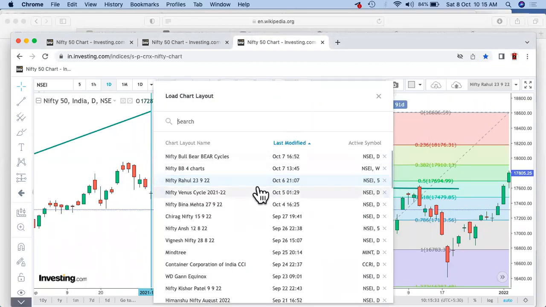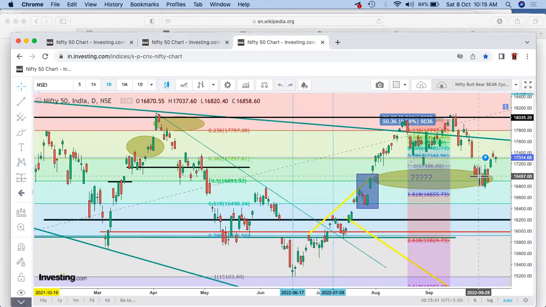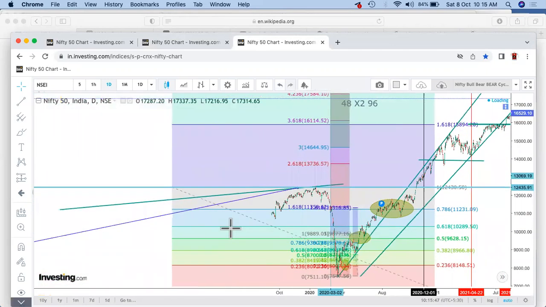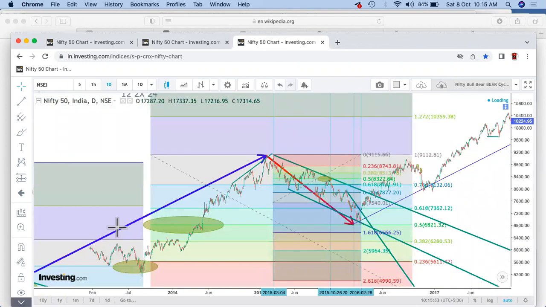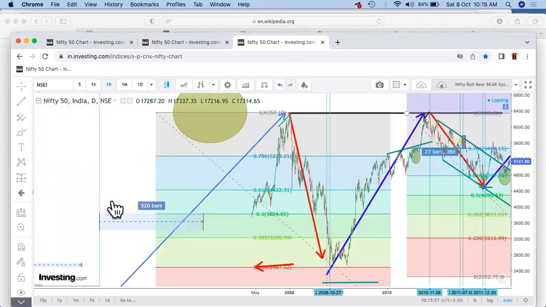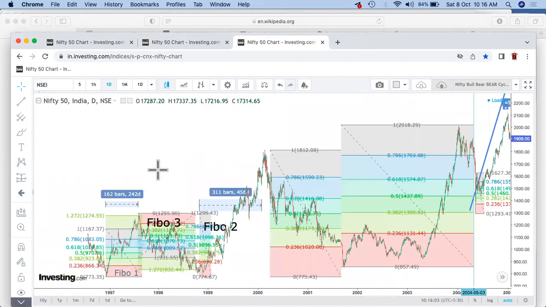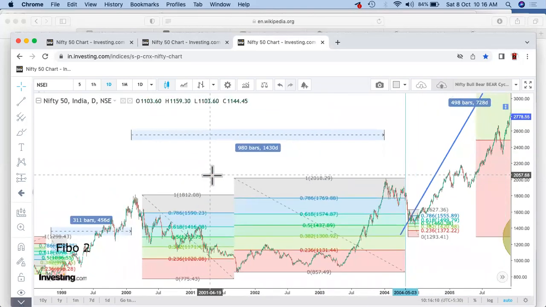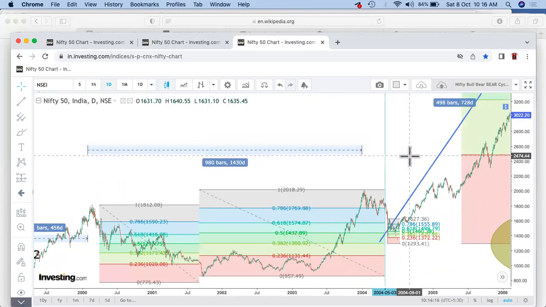So if we check with the cycles, let's say we are talking about the bull and bear cycles especially. If I go across maybe 2004 as well as 2012, I am able to find out something very important. Maybe we are yet to find out all the details regarding this, but yes, these are very coincidental, not necessarily pertaining to those parts only. But if I look across at 2004, and if I especially check that,